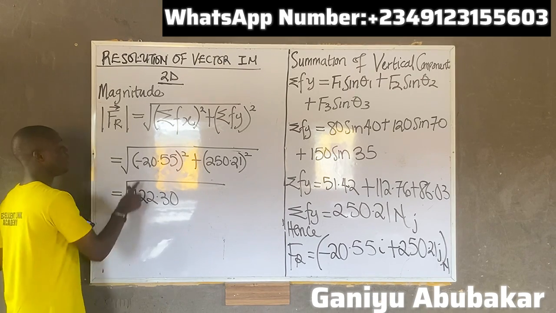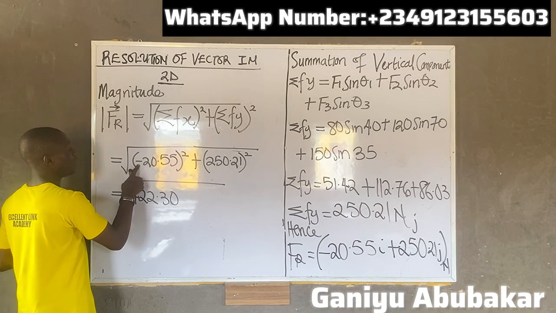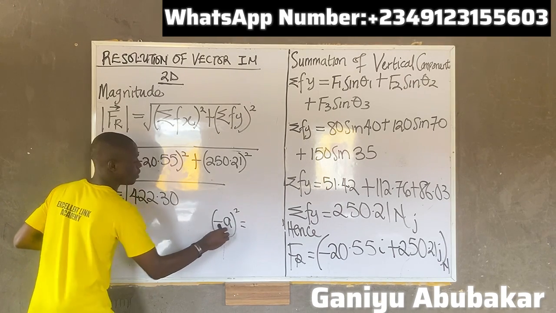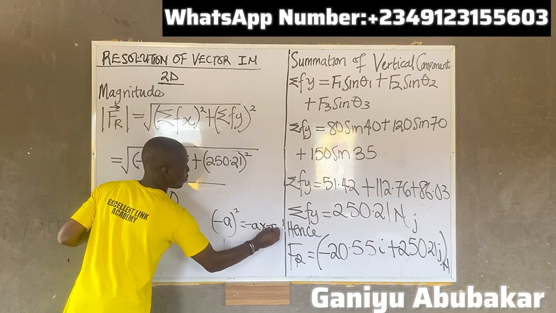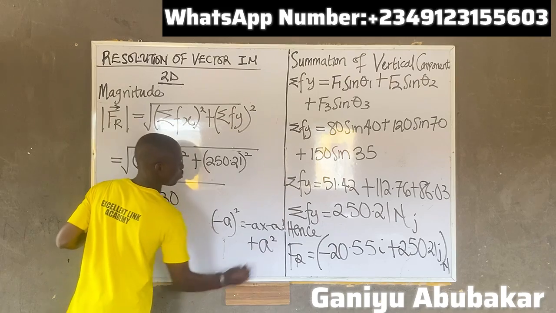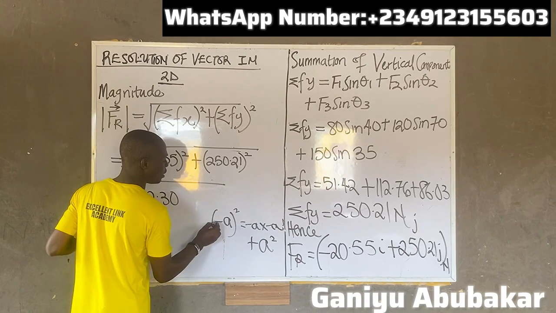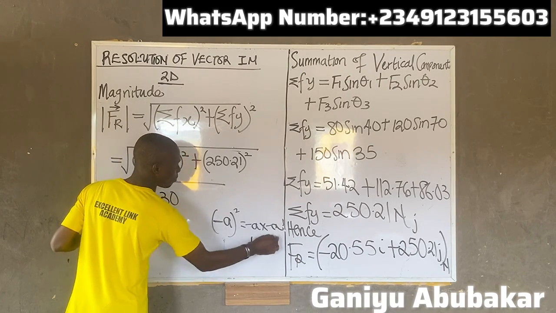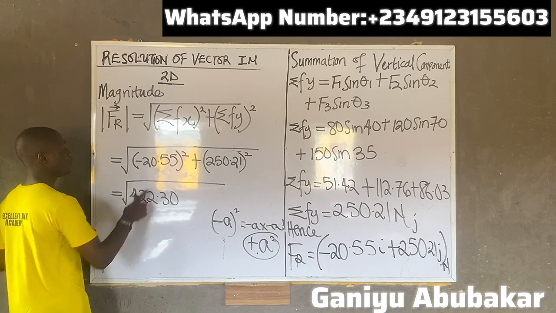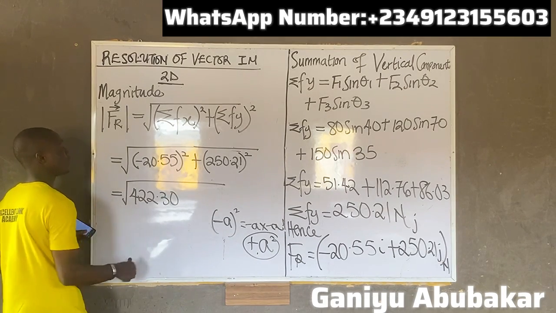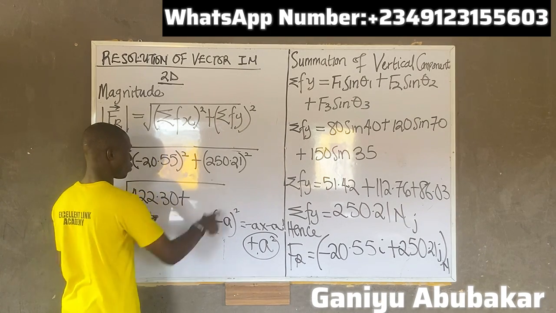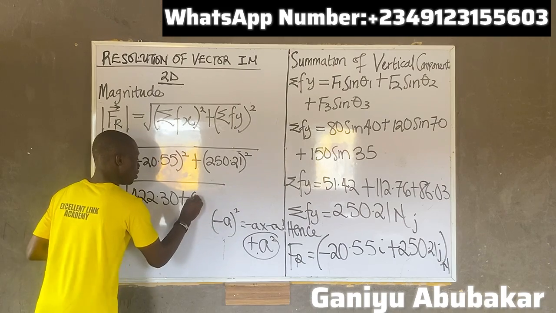422.30. Please ignore the negative, because if I have minus a all squared, this means minus a times minus a. Minus minus gives you plus, a times a gives you a squared. So observe that if I have a negative, my answer becomes positive back. So when this negative is taken away, just square this value. You have this plus, I will square this one here too. If I square this one, I have about